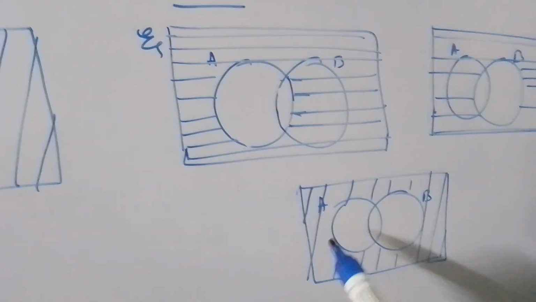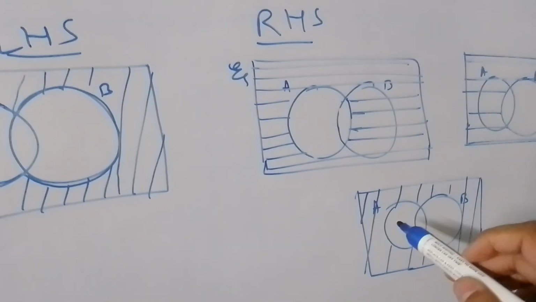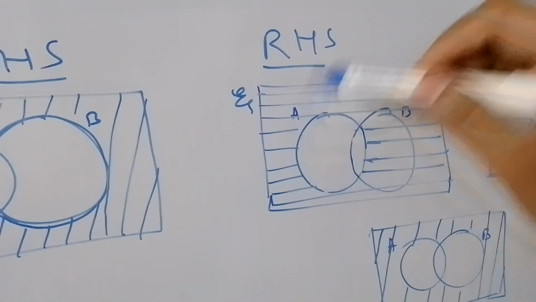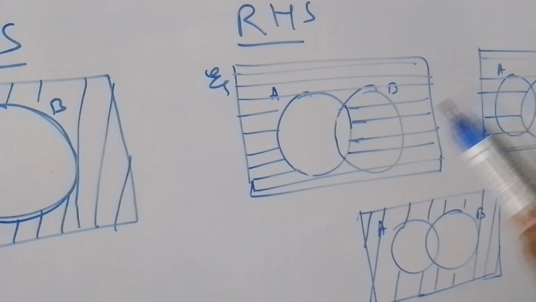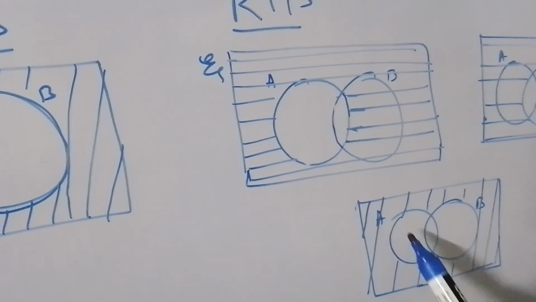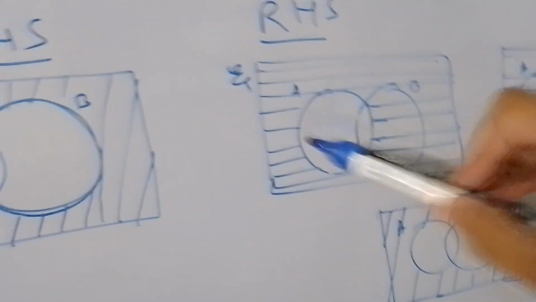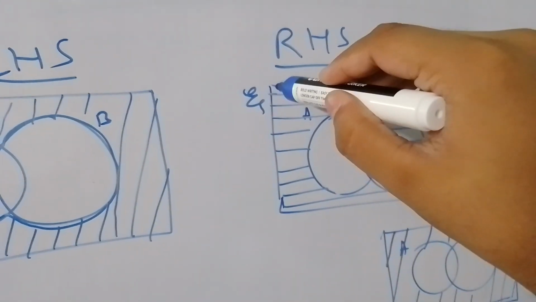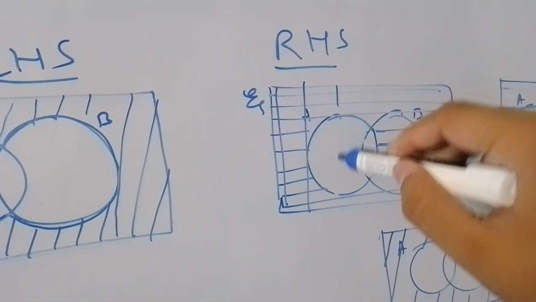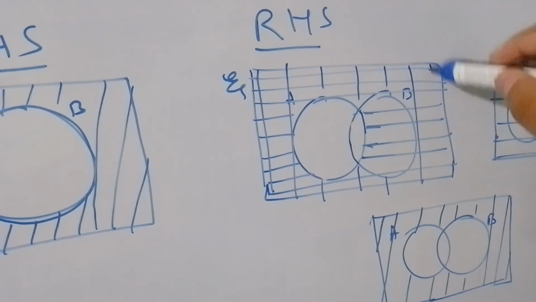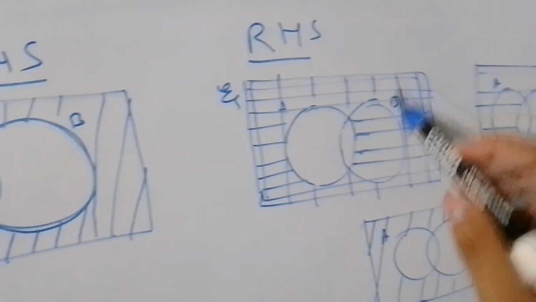Okay, this is A complement intersection B complement, because if you see that the common region is outside of A union B only. If you look at these two, the common region is basically this one. This one is the common region. Okay,